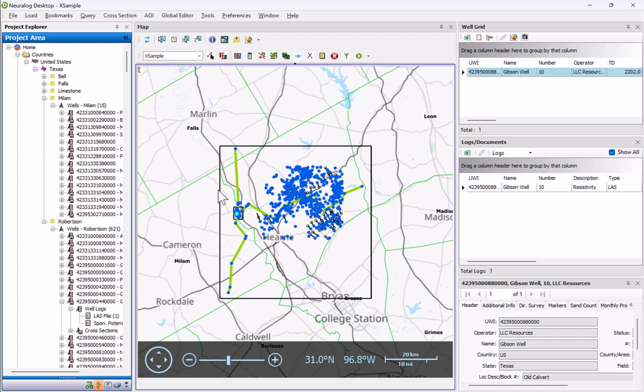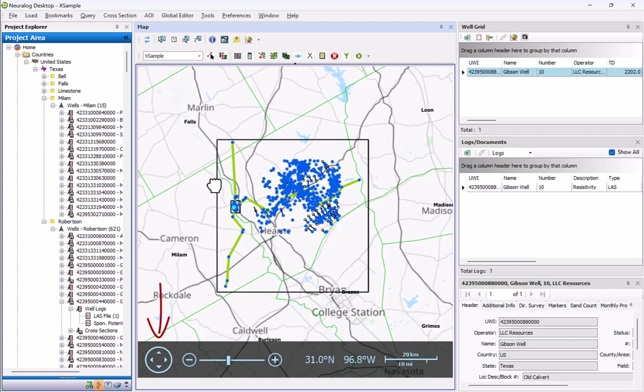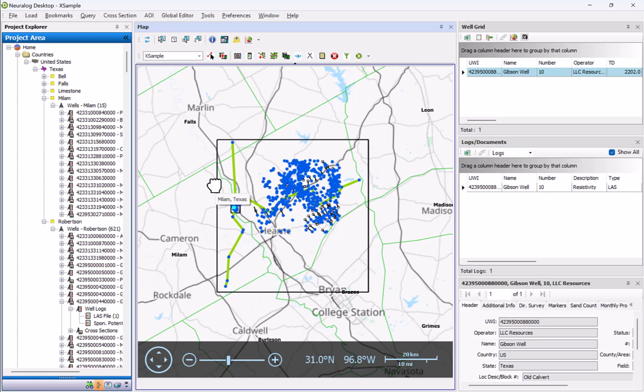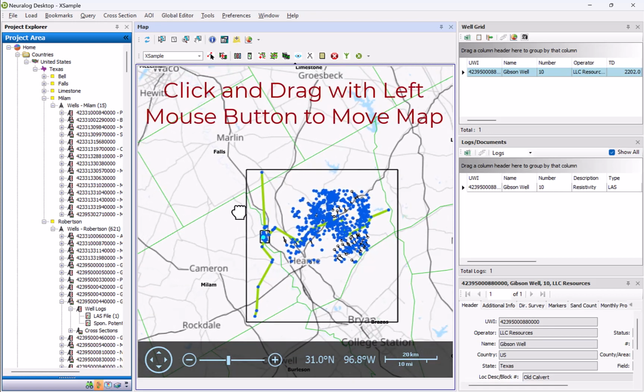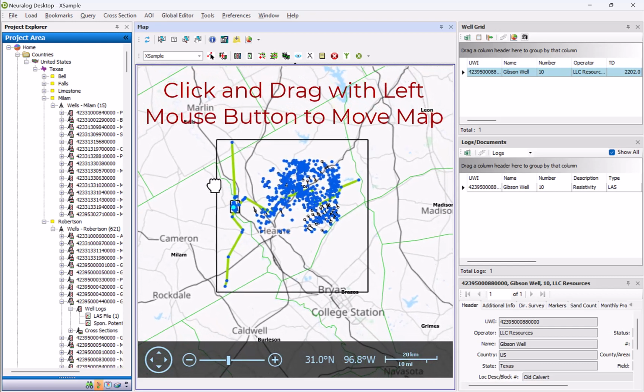Suppose we want to move our map or zoom to a closer view of the well. Panning and zooming can be performed with the navigational panel controls, but there are also keyboard shortcuts. Hover a mouse pointer anywhere on a map. Click and hold the left mouse button and drag it to the required direction to move or pan the map